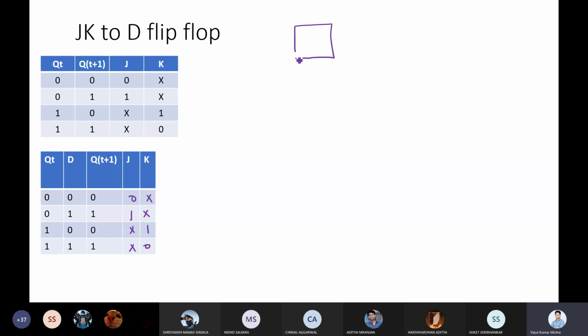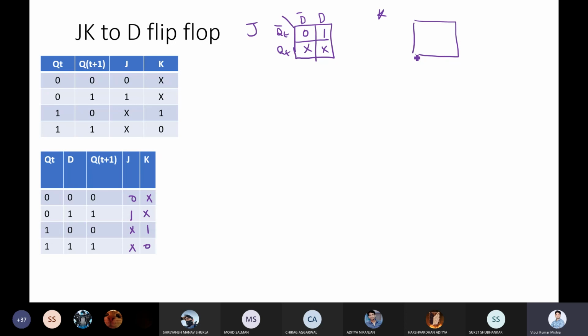So I will quickly make the equation for J. So it's QT bar and QT, D bar and D. It's 0, 1, X, X. Now what we can do? So this is your J. Now let me do for K as well.